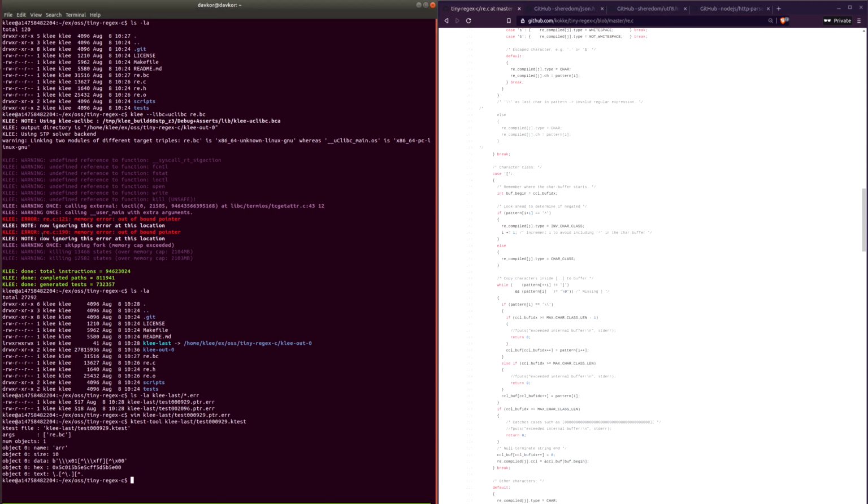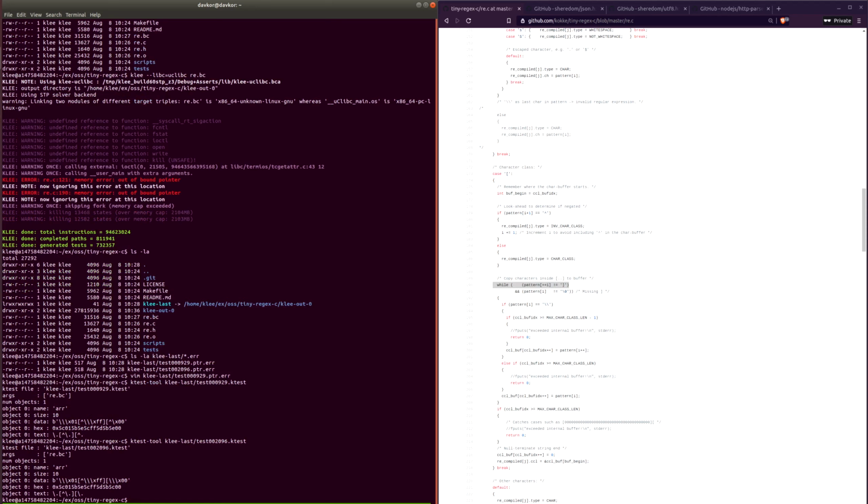But let's look at the bug that triggers the error at line 190 here. So we have our bug report here. So we know that it's test number 2096. So we will simply use our K-test tool again, but this time we will do 2096.ktest. Okay, so we have it, and the bug is somewhat similar in that we also have the buffer is somewhat similar in that we have a square bracket, and then we have